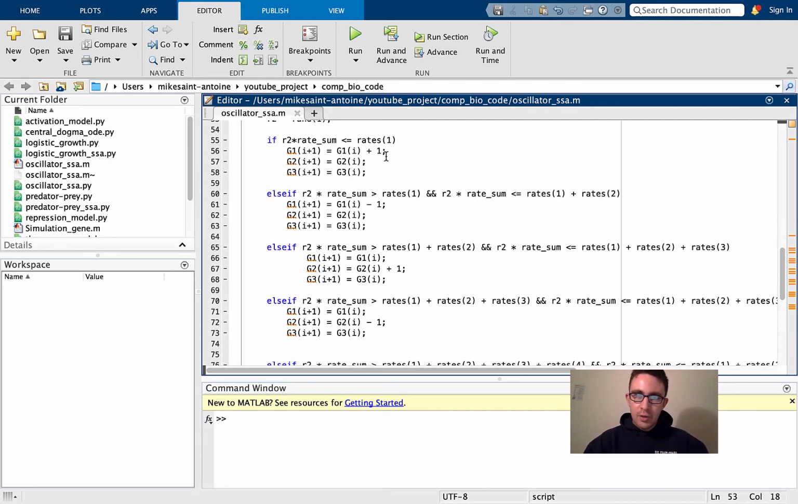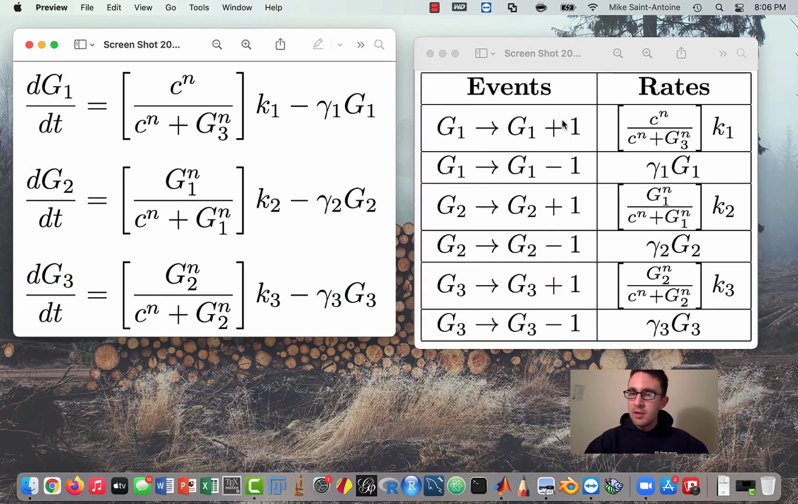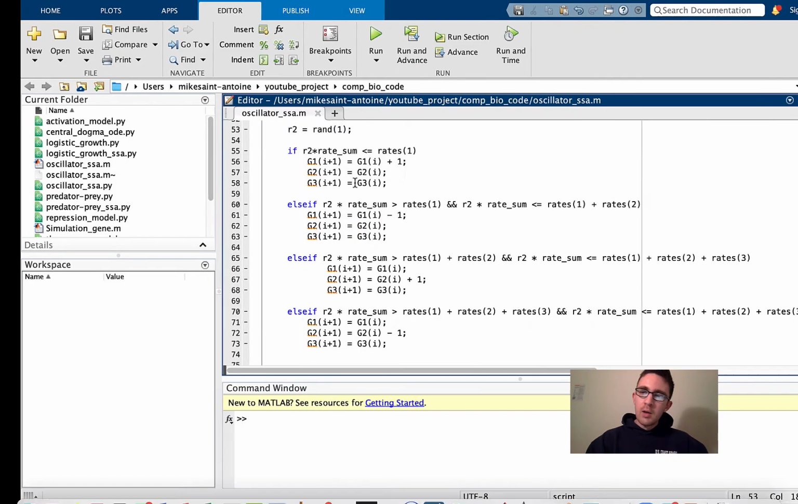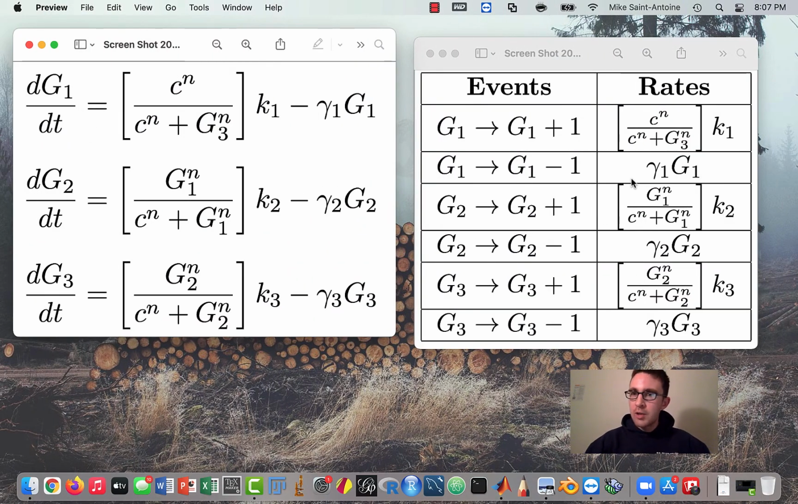And then the first thing to do is we want to check if this event is the one that's happening. So we want to check to see if we're randomly choosing this event with this random number. I'll explain first how we're doing it. We're going to take this random number between 0 and 1, multiply it by the sum of all the rates, and then see where that product falls. So we're going to see, is it less than this rate? And if not, is it greater than this rate but less than,